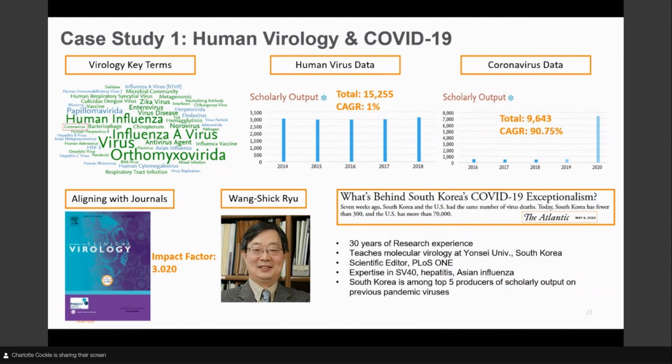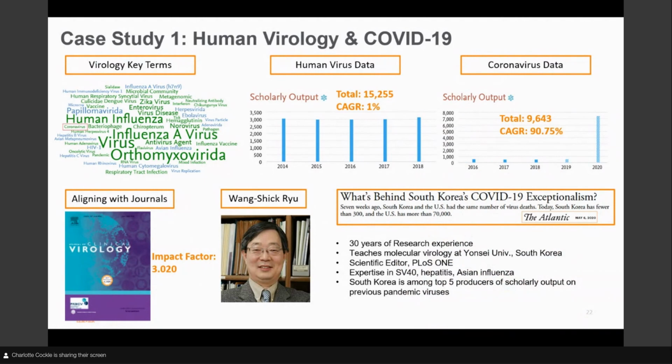Following all these indicators, it became clear that a publication on viral infections in humans, written by experts in South Korea, would be well received by the academic community. The next step was to identify who could do a good job at leading this effort. Using Scopus, the acquisitions editor was able to identify candidates based on their reputation, area of specialty, general experience, and